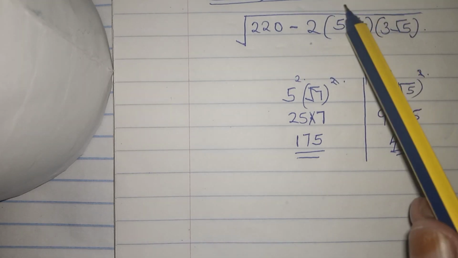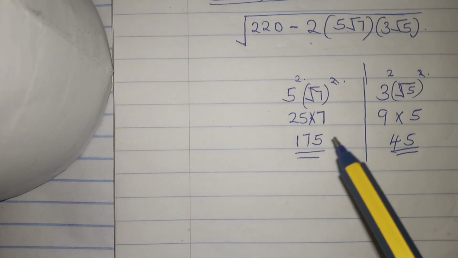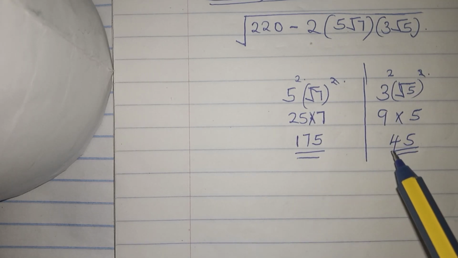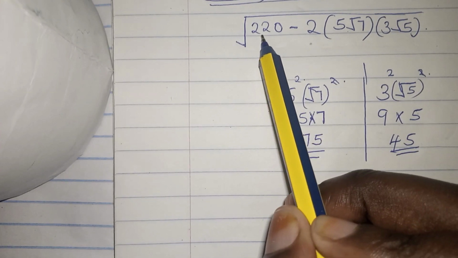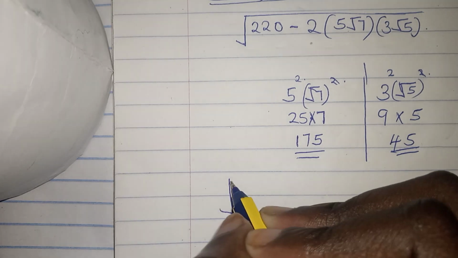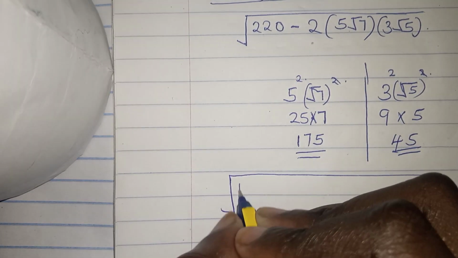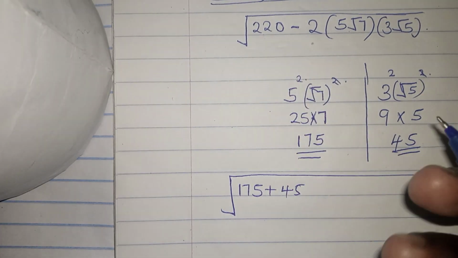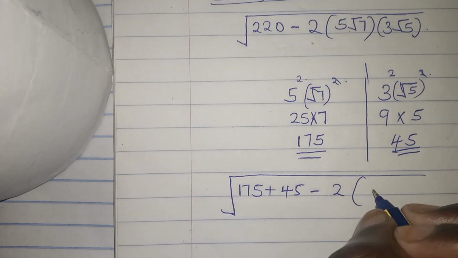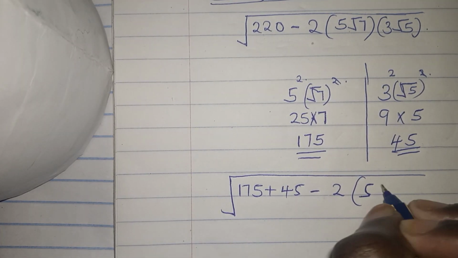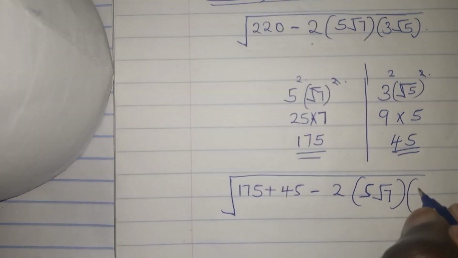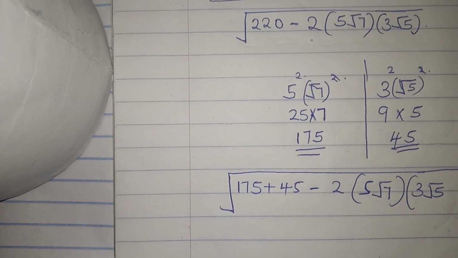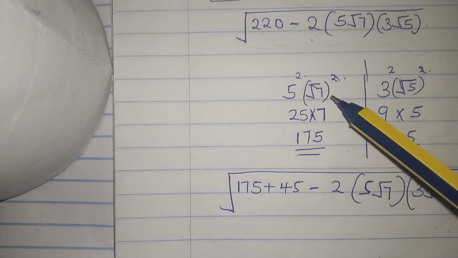So if we square these figures, you are getting 175 and 45. If you realize, if you add 175 and 45, you are getting 220. So we'll present it as the square root of 175 plus 45, which gives us 220 minus 2 into the square root, 5 square root of 7 into 3 square root of 5. So our next step here, we have 175, which I can as well write it as